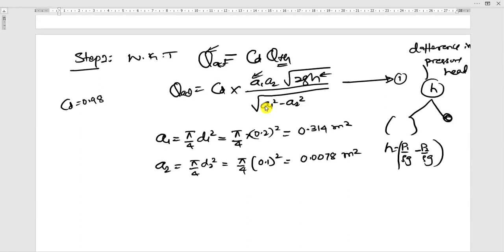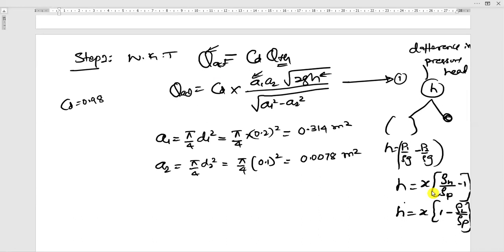But the second method is, if you are using a differential manometer between the throat and the inlet, then the formula for H is equal to X into the density of the heavy liquid divided by the density of the lighter liquid, that is our pipe fluid, minus 1. This is one case. Similarly, another case is H is equal to X into 1 minus density of the lighter liquid divided by density of the heavy liquid, or the pipe fluid. You can take the density of the pipe fluid, water or oil.